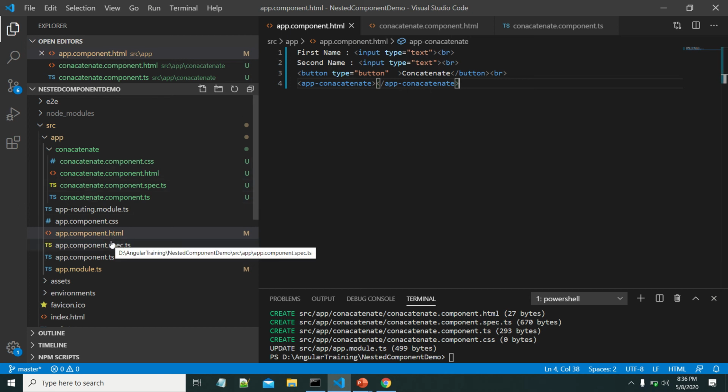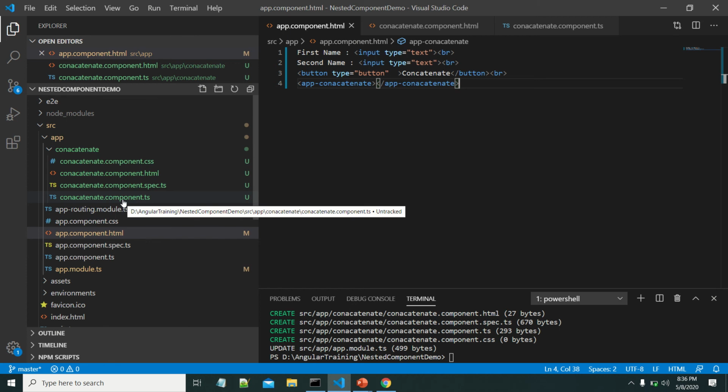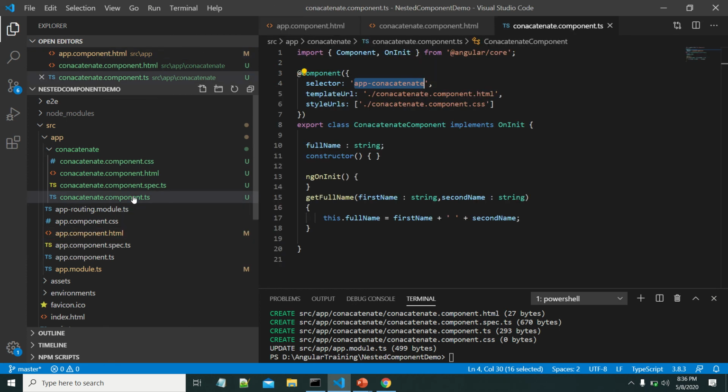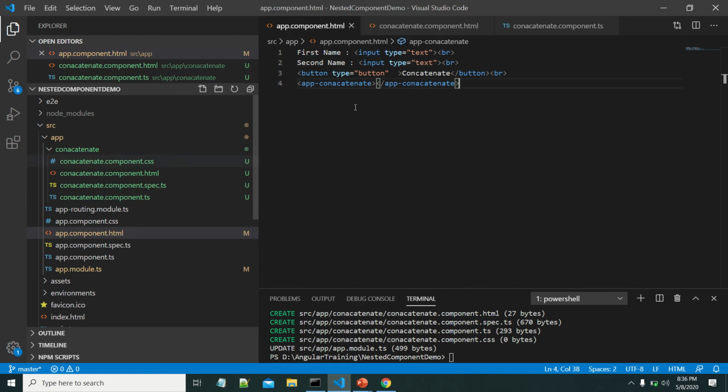Now our intention is to call the method of the concatenate component, that is get full name. If you want to get that, first you have to create the template reference variable for the child component. Let me give some concat. By using that we can use the properties and methods of the child component.